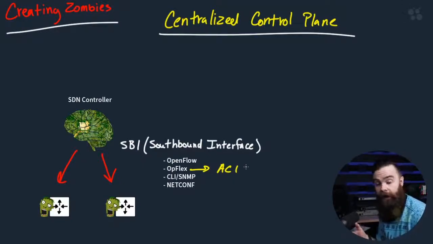Cisco ACI is how we automate our data centers. So whereas with a CCNA, you normally look at campus designs, access switches and stuff, data centers call for different designs. And Cisco ACI is the product you'll use to automate your data center. We'll talk more about that here in a moment, but they use OpFlex.